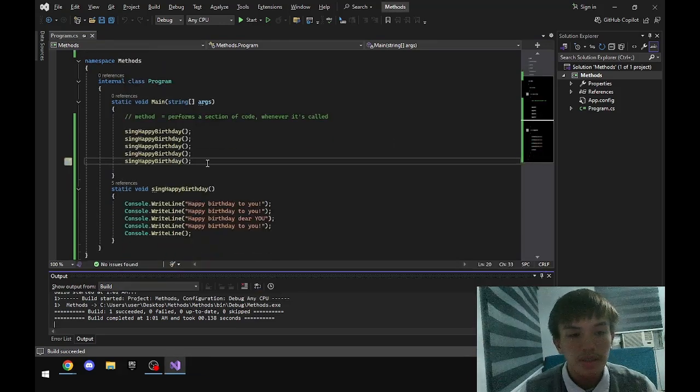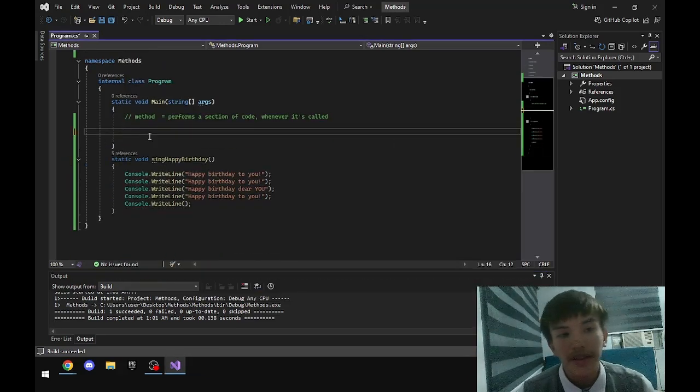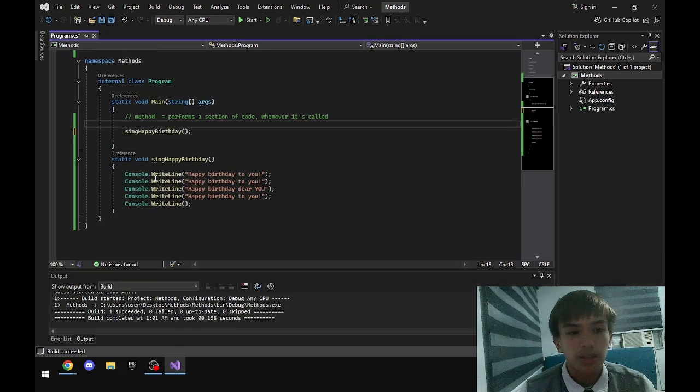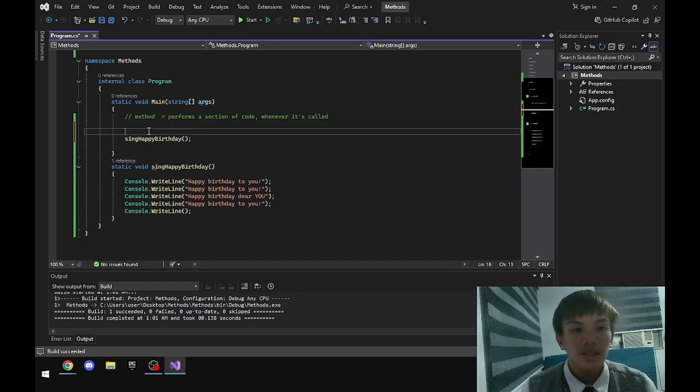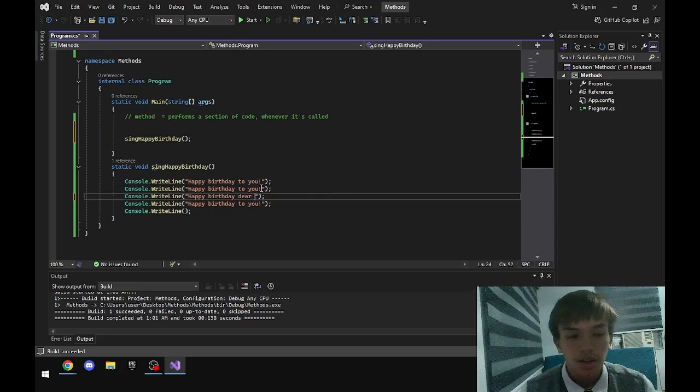Then the next step is declaring a variable in order to use here in the method. A way to do that is, for example, we want to include our name here, Happy birthday dear someone.